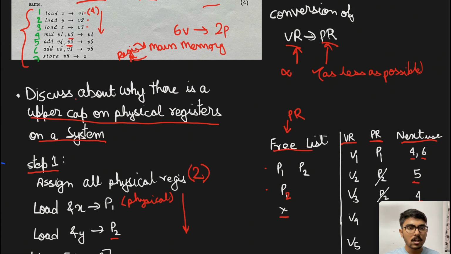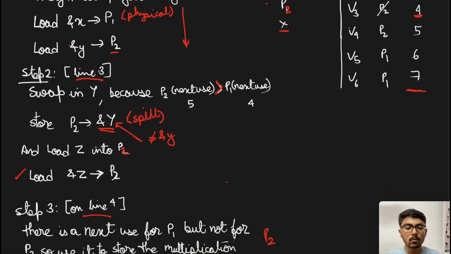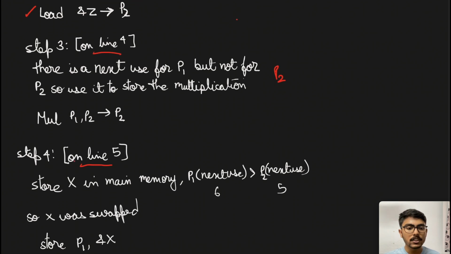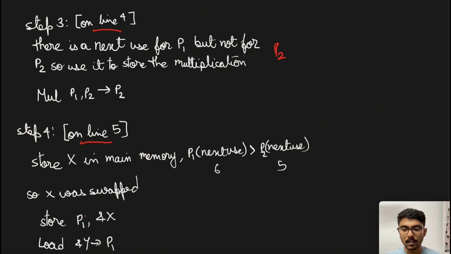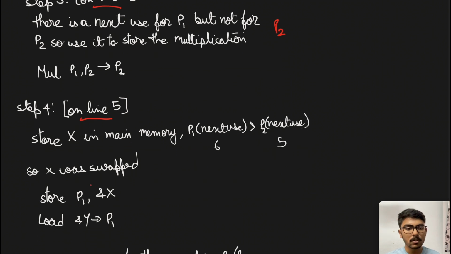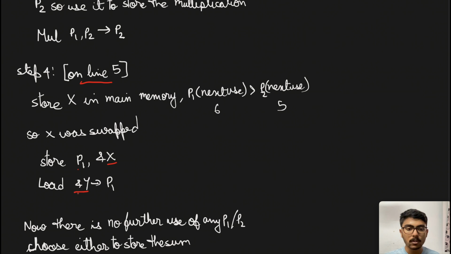So now if we go above, we will see that V4 was stored in P2, and V2 we need to load it from main memory and we need to store it somewhere, right? So what we will do is we will just store it in P1. Why P1? Because its next use is greater than P2. So we store value of X from P1 into the main memory first, and then load the value of Y